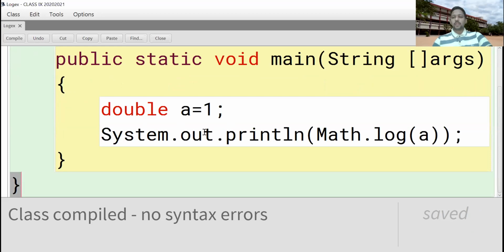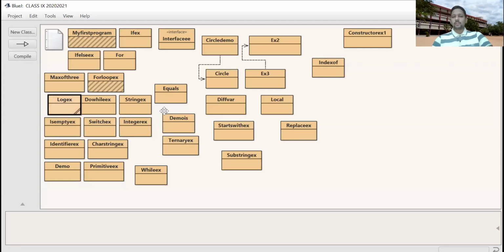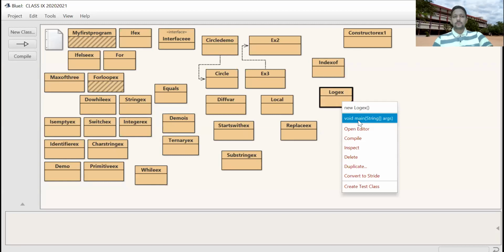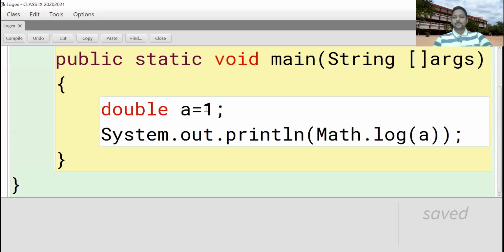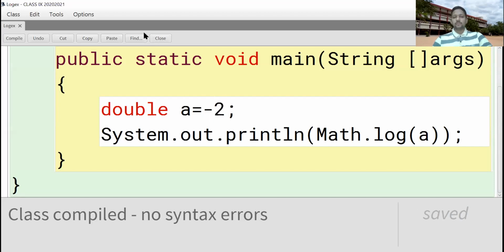If the given argument is a positive value, then it will return the natural logarithm of the given value. So that is the first case. See, log 1 is 0.0. For example, if the given argument is a negative value, say -2, see the output.